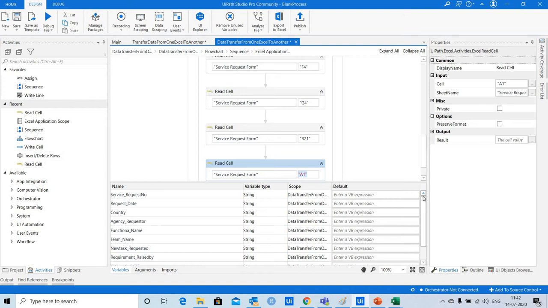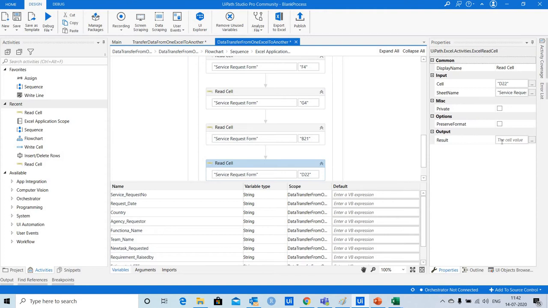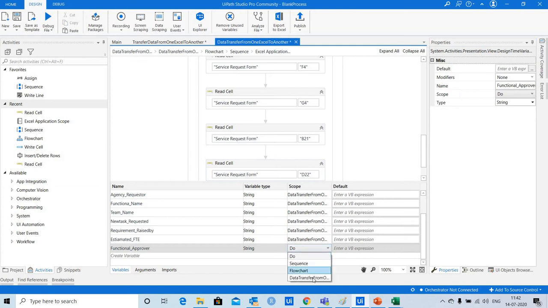So I'll change the cell here as D22 and then define the output variable as functional approver. So I'll just enter and then change the scope to main sequence.